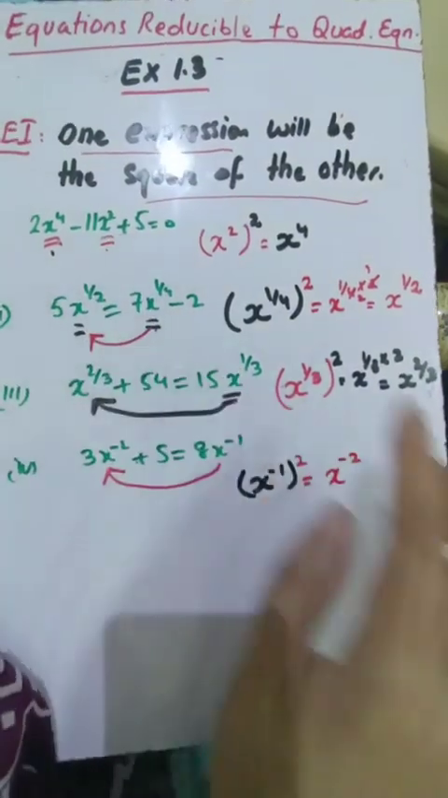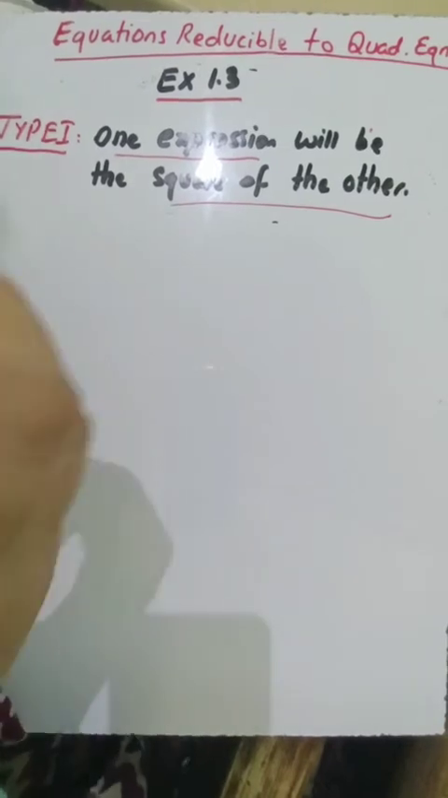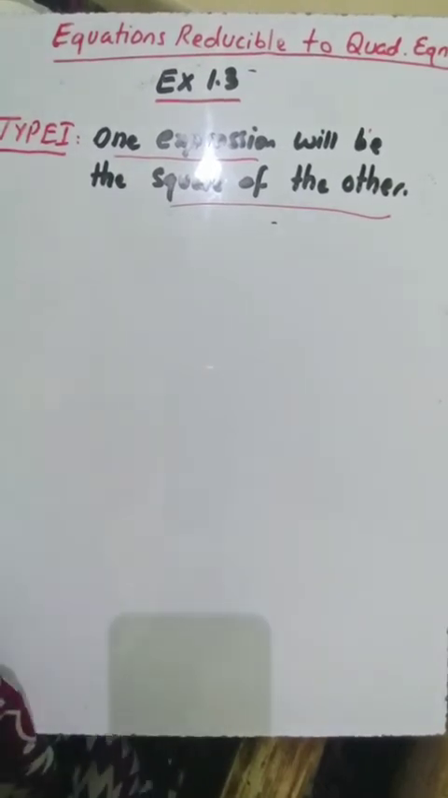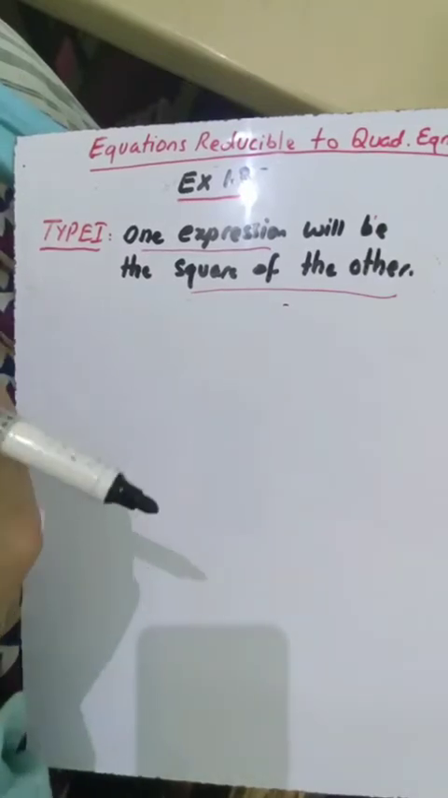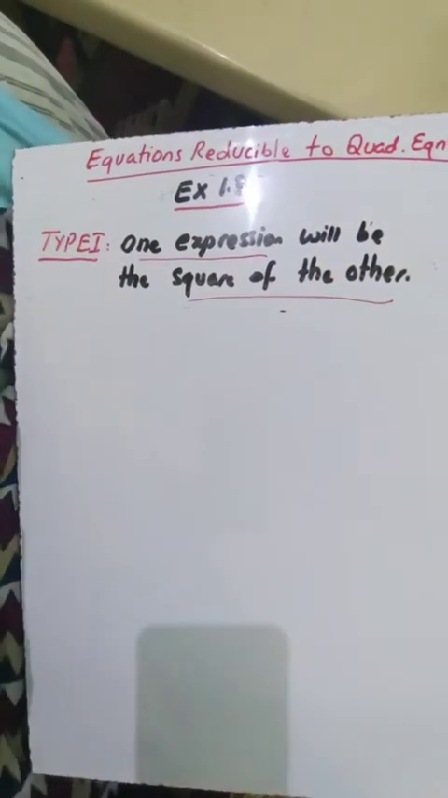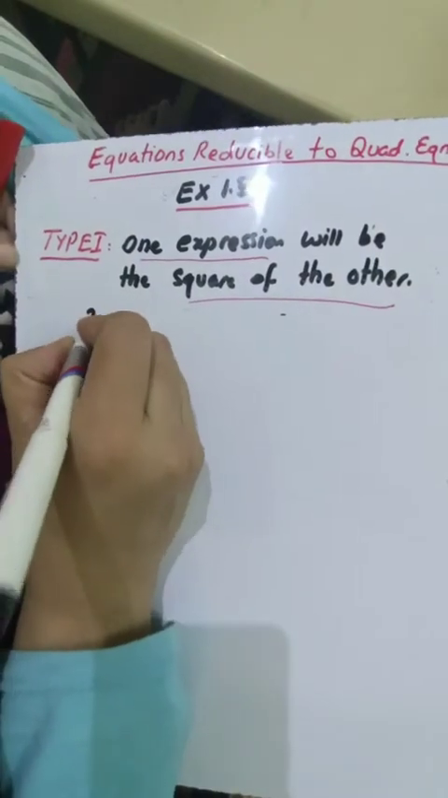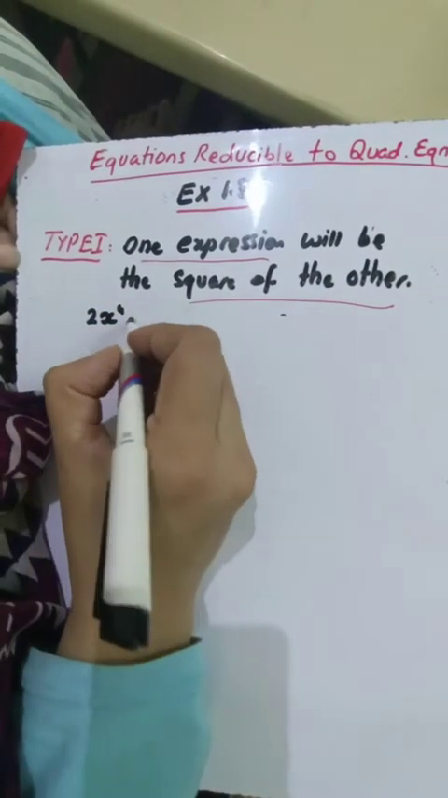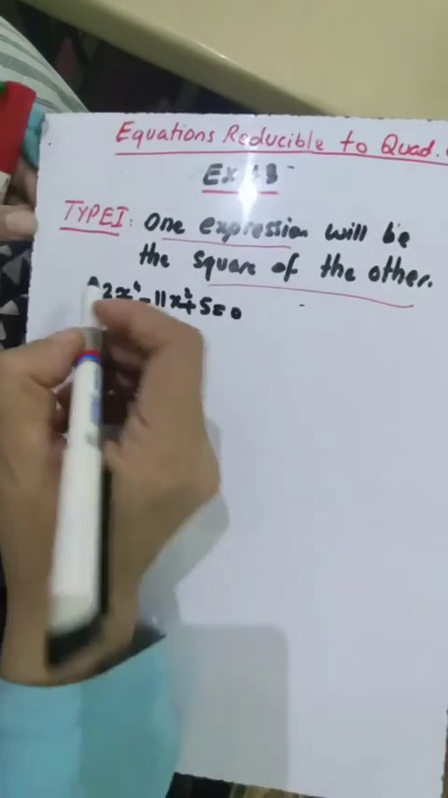So these are all of type 1 equations. Now let us do a few examples, one of these two examples. The first question that I'm going to do is 2x raised to power 4 minus 11x square plus 5 is equal to 0. This is the first equation of the exercise, and this is of type 1 because we know that if